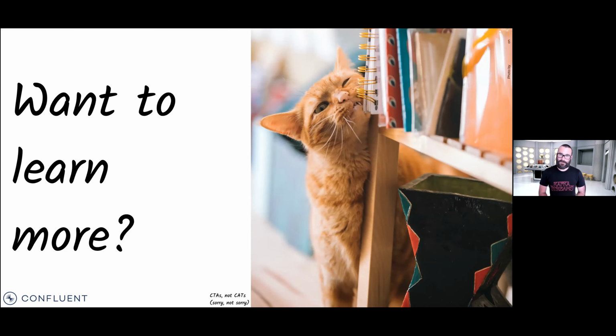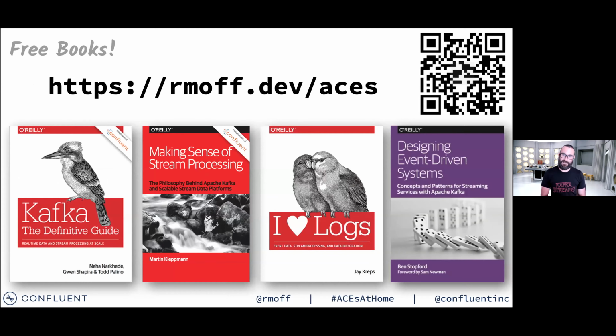Hopefully that's been useful. Hopefully that's been enlightening as to what you can actually do with Kafka, with Oracle, with various other systems. I've kind of scratched the surface of what you can do, and I've tried to allude to different points of further interest. I've got some links that I'll share after this for further talks if you want to know more about specific things. Again, these books are a really, really good place to start.